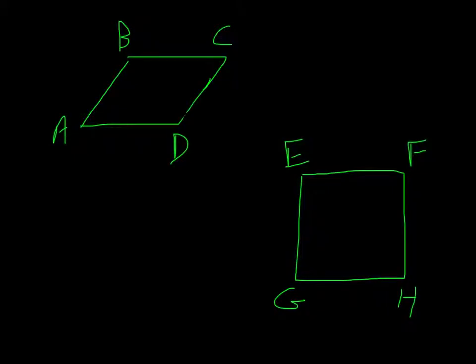So as you can see, we have two figures here. We have figure A, B, C, D, and we have figure E, F, H, G. Now what we're going to do here is divide figure A, B, C, D in half, from this corner to this corner. Now as you can see, I have created two triangles. Of these two triangles, we're going to look at them and see